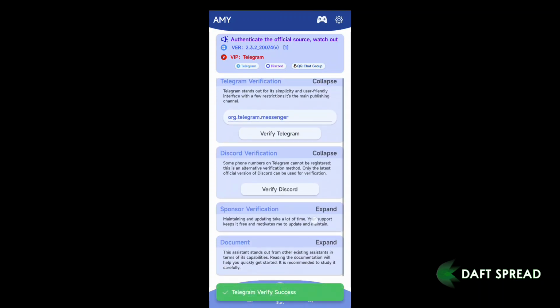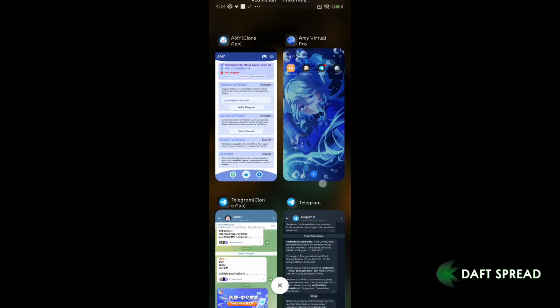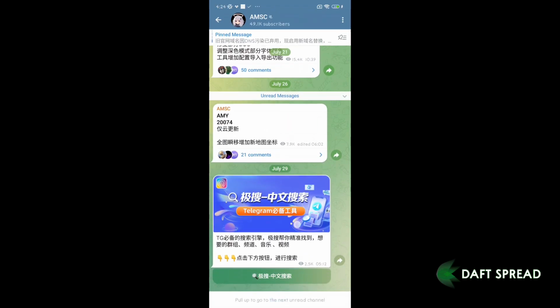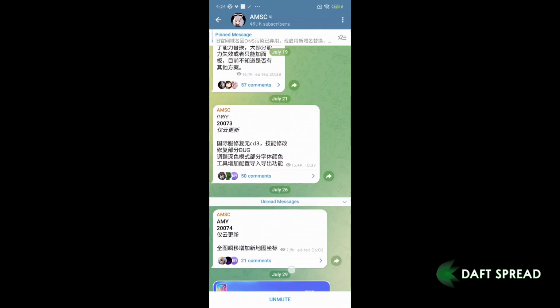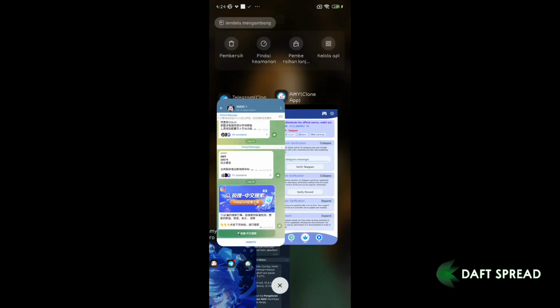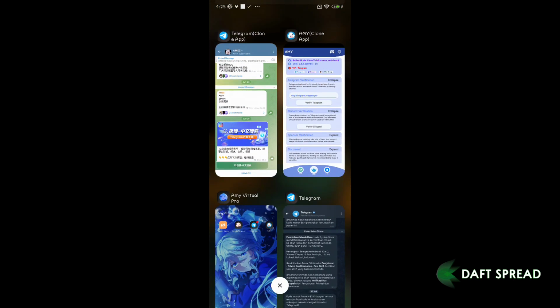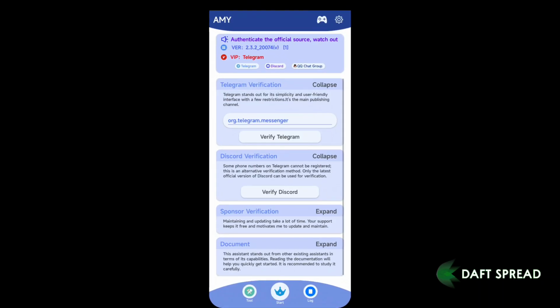We must carry out verification. There are several verification methods and here I use Telegram verification. Make sure the Telegram application in the virtual application has been opened and you have joined the Amy Cheat Telegram channel. Okay, after we have completed the verification stage, the next step is to press the Start button on the